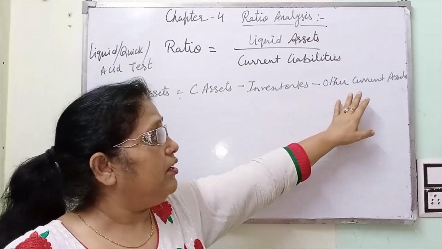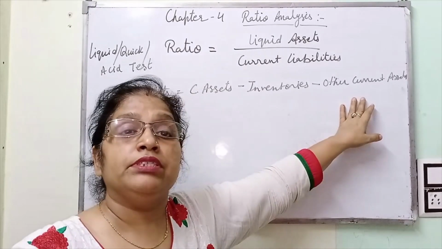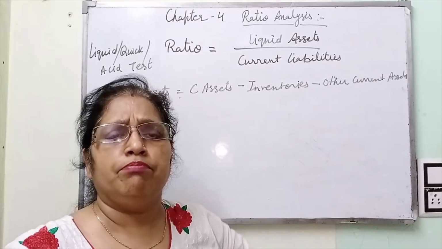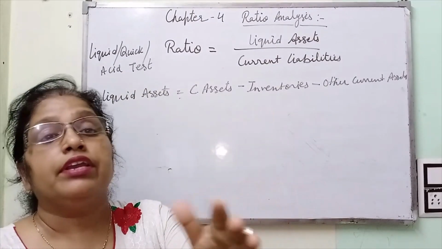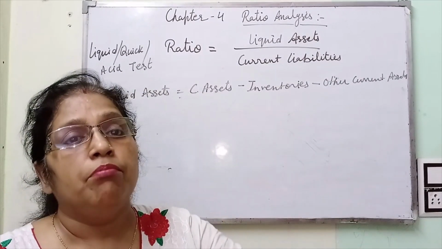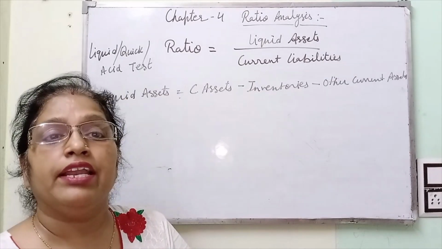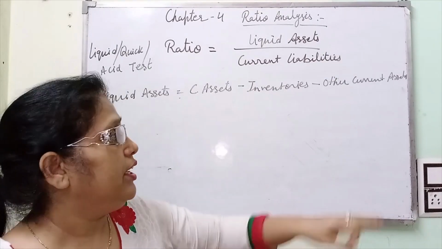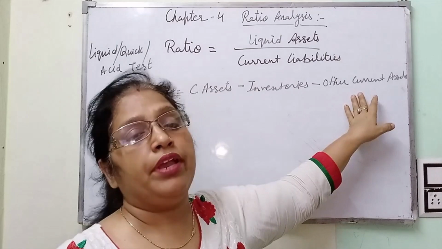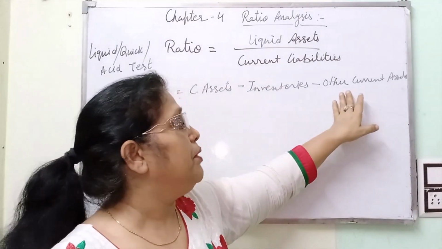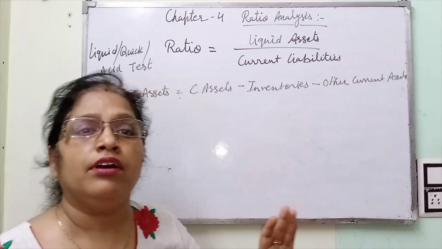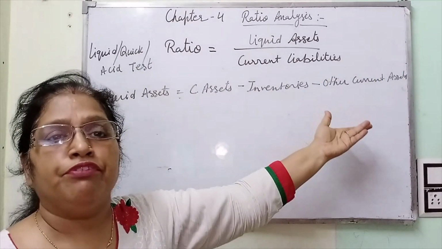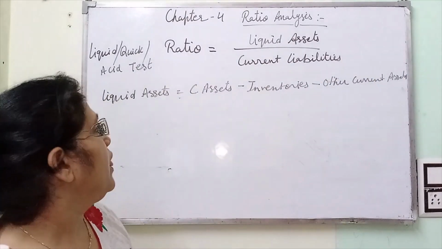And in case of other current assets, for example, prepaid expenses, if you have paid in advance 20%, then according to business policy, we cannot get the amount back, but in place of the amount, we can get the assets. So that can also not be converted into cash. Or prepaid tax. If you have paid tax in advance to the government, it will not come back to you quickly within 24 hours.